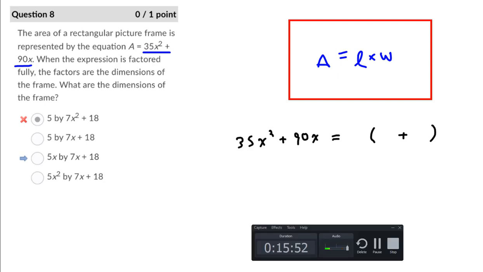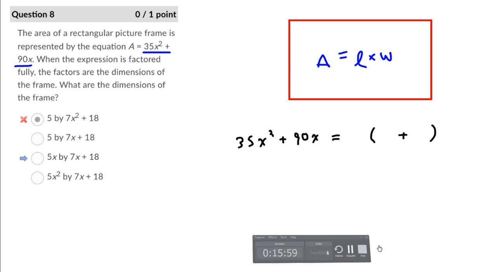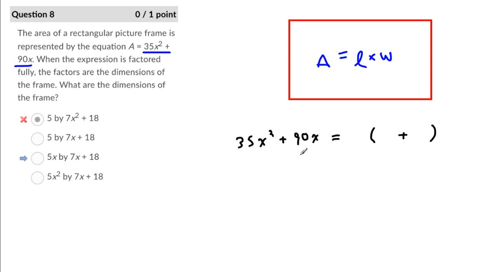So I'm going to pause the video here. You can pause it on your end as well. Just take some time. If you want to work through this, pause the video and consider what those numbers might be. Okay, so hopefully you've come to the conclusion that 5 is something you can divide out of 35 and